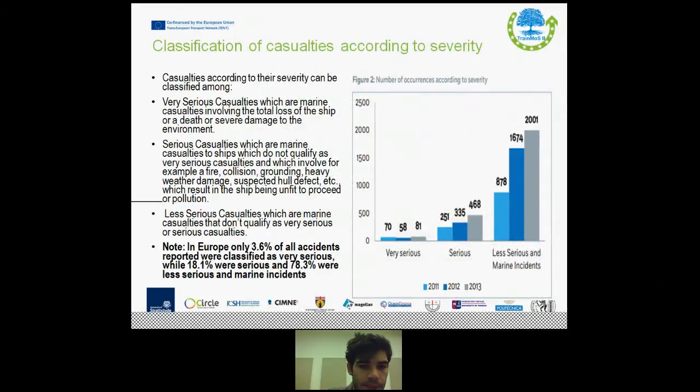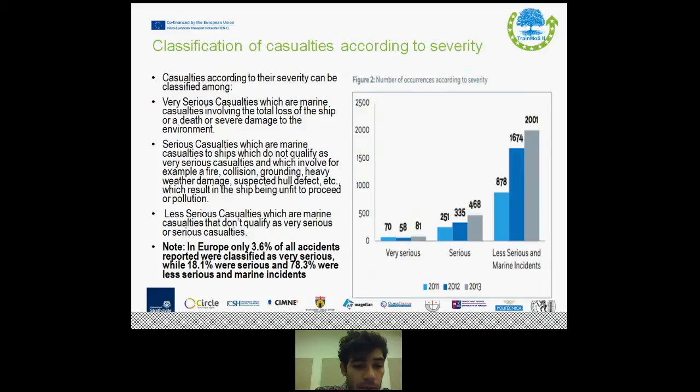Classification of casualties. Casualties can be classified according to their severity. More particularly, they can be classified among the very serious casualties, which are marine casualties involving total loss of the ship or a death or severe damage to the environment, serious casualties, which are marine casualties to ships which do not qualify as very serious casualties,